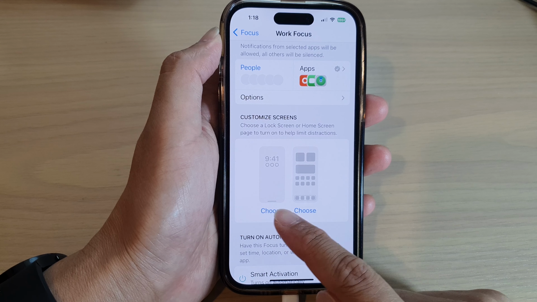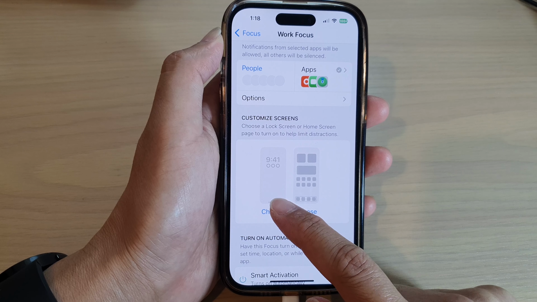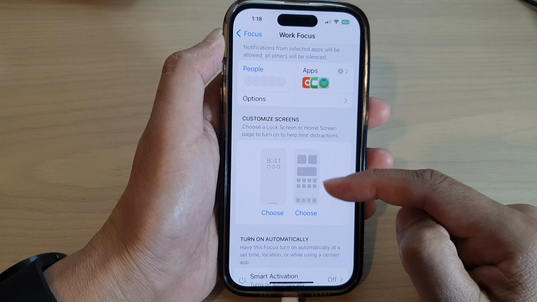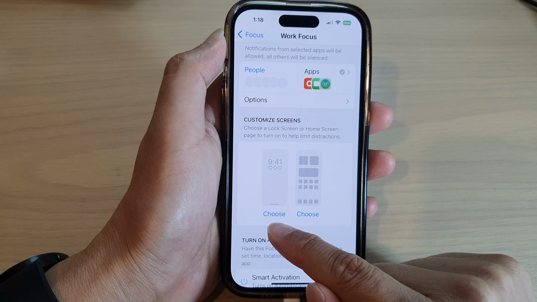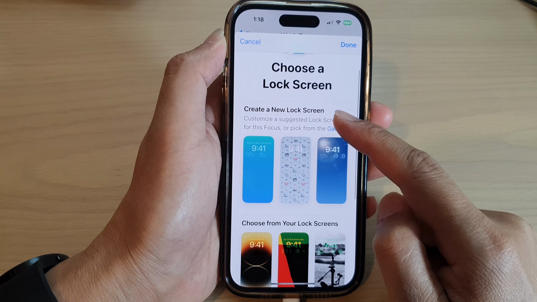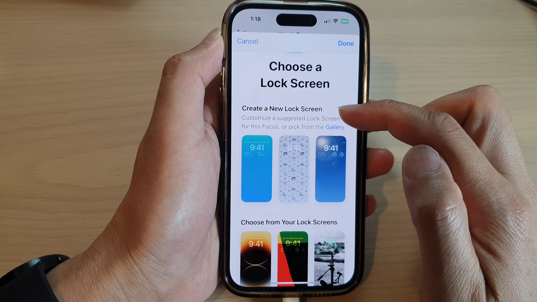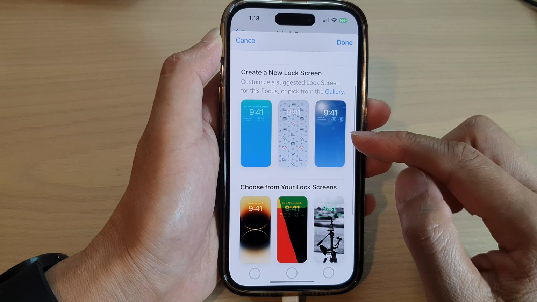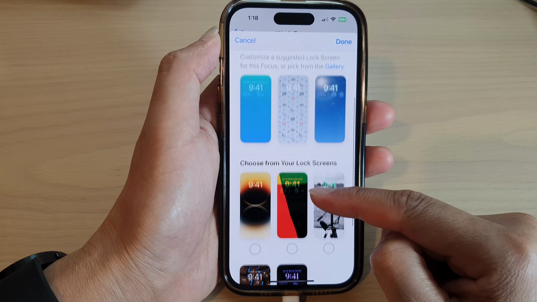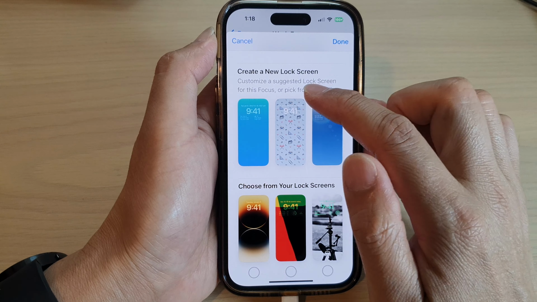Now there are two different screens right here. The one on the left is the lock screen and the one on the right is the home screen. So I'm going to tap on the Choose button for the lock screen. In here, you can choose to create a new lock screen, or you can choose one from your existing lock screens. So here, if you decide to choose a new one, you can tap on it,